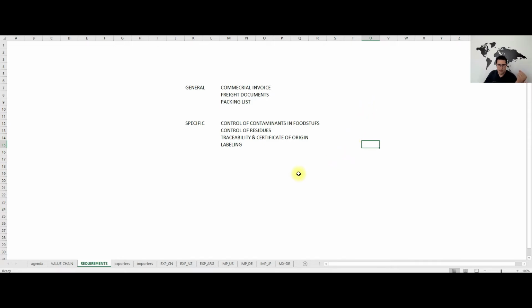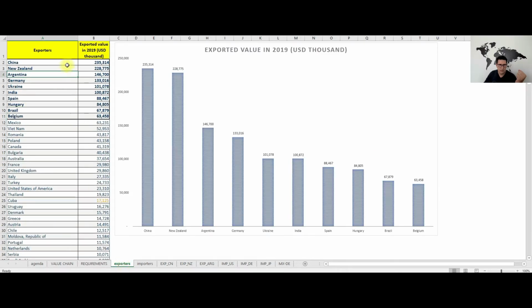And of course, you have to be in compliance with the European regulation in terms of labeling. Now I would like to deep dive into the data for exporters and importers, and I will begin with the exporters, focusing only on the top 10 exporters of honey in terms of exported value in 2019. And here all the values are expressed in US dollars. The biggest exporter of honey in 2019 is China, followed by New Zealand, Argentina, Germany, Ukraine, India, Spain, Hungary, Brazil,